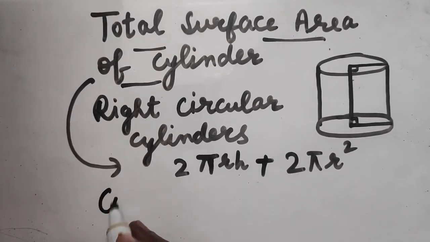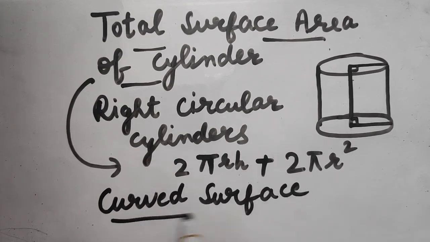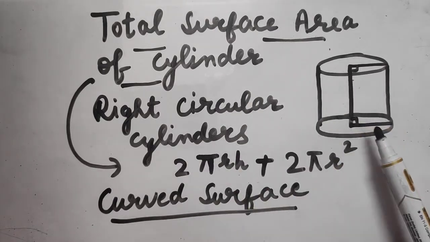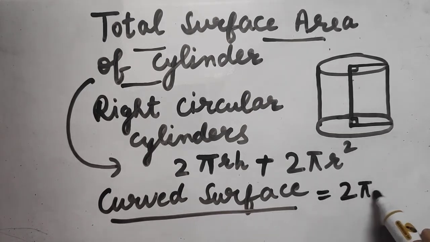Now let us discuss curved surface area of cylinder. Basically, this is lateral surface area in case of cube and cuboid, but as we have curved face in case of cylinder, so it is curved surface area of cylinder. So curved surface area of cylinder is given by 2 pi r h. I hope, dear children, you have recalled properly all the formulas of surface area, total surface area, as well as lateral surface area of a cuboid and cube, and curved surface area in case of cylinder. So now let us move to the concept of volume.